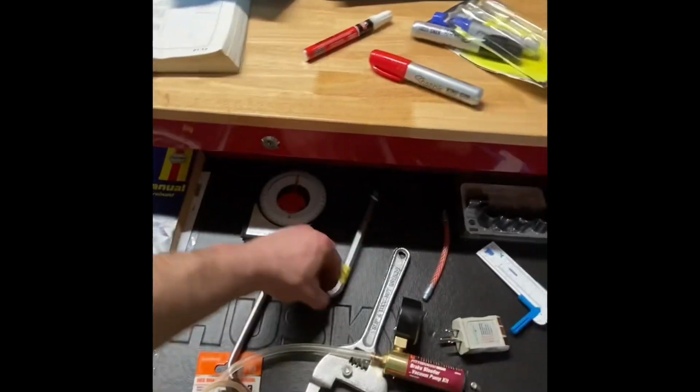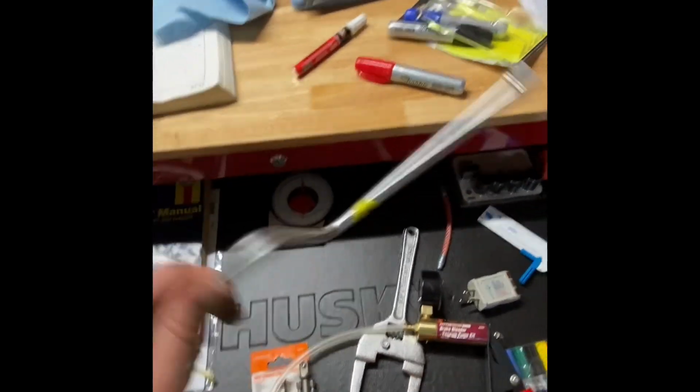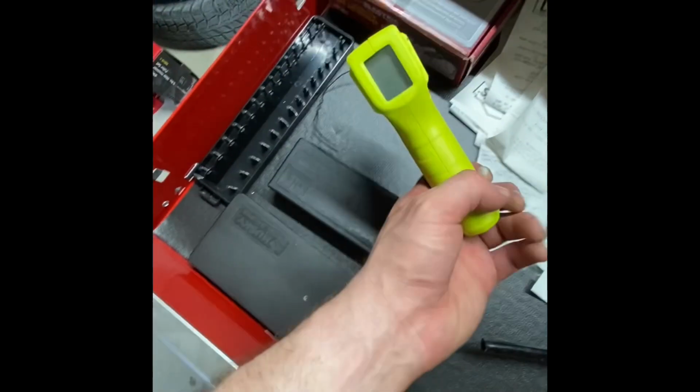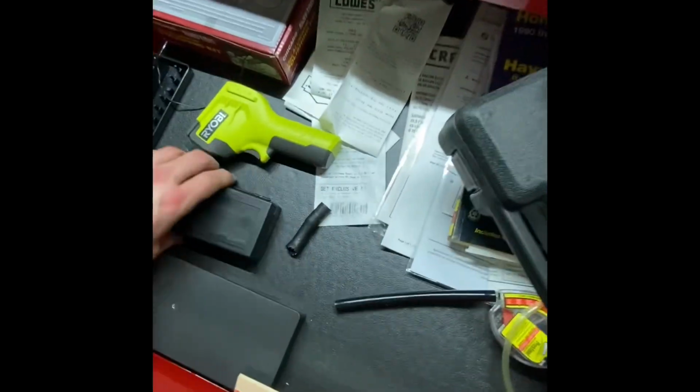For angles, I love some of these old school tools. I think I got that for like 50 cents at a thrift store. For my old Honda, soldering. This thing is a piece of crap, it doesn't work. This, I think, is, oh yeah,